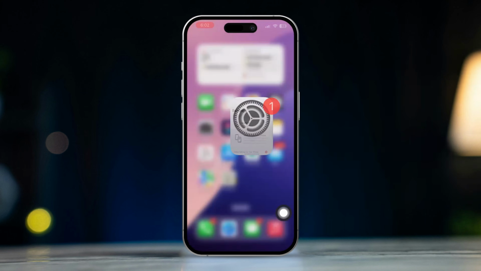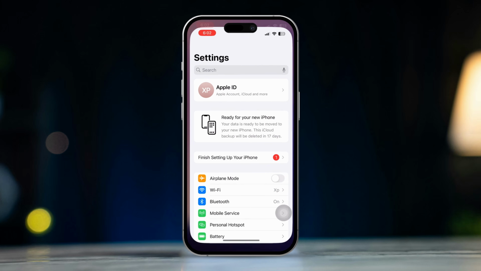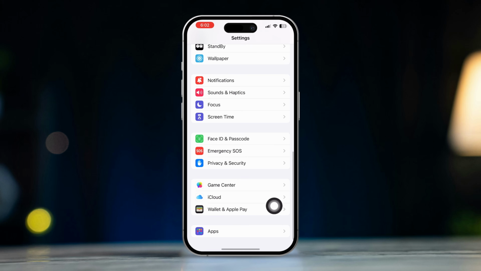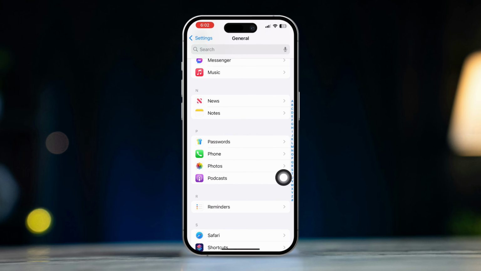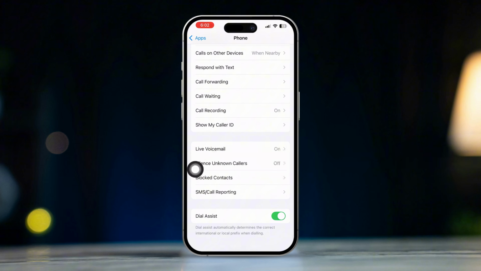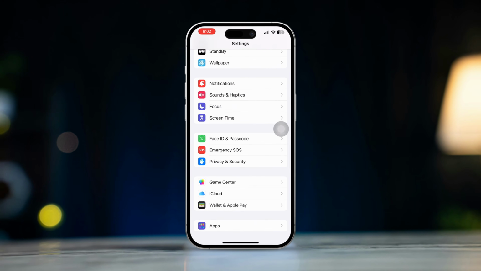Solution 6. Check message blocking. Ensure that the phone number you're trying to message isn't blocked. Open Settings, scroll down, tap App, scroll down, find the Phone app, scroll down, tap Blocked Contacts, and check the list. By following these steps, you should be able to resolve the issue of your iPhone not sending messages to